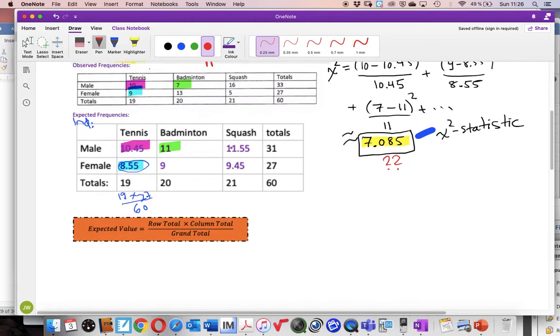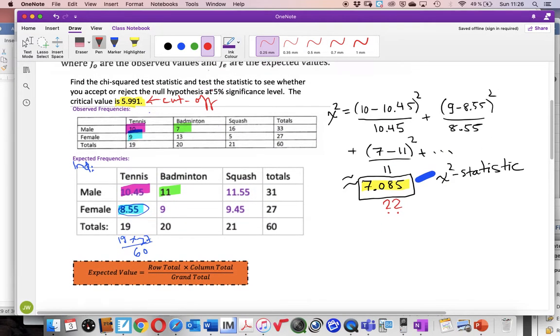So if you noticed, in performing this experiment, we're allowing 5% error. But for you guys, it doesn't matter. You're always going to be given the critical value, so you'll always be given a cutoff. This is the difference you're willing to accept. And if our chi-squared statistic is greater than the critical value, and this is our chi-squared value,